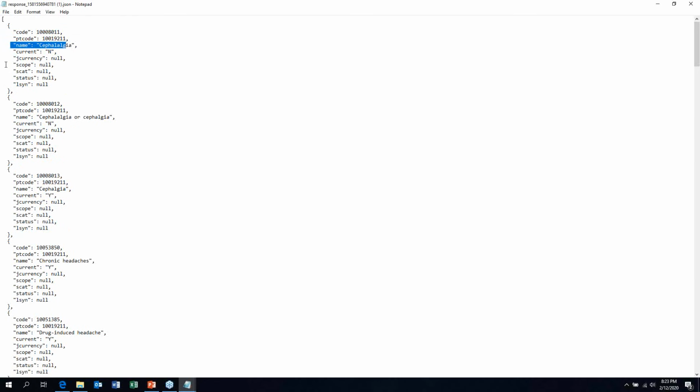Now you'll notice there's some other parameters here that aren't used, and that just depends on what information you want to use, or what you call in the API. So what I'm highlighting here are parameters, scope, category, and status. Those would be used if you, for example, got the children of an SMQ. So in other words, the PT is an SMQ. So those parameters would contain information. In this case, they don't, because we're focused on the LLTs of a PT.